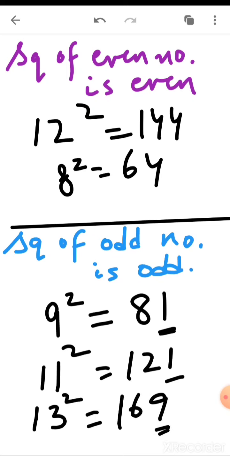So that means the square of an even number is always even and the square of an odd number is always odd. Children, this is all about the properties of